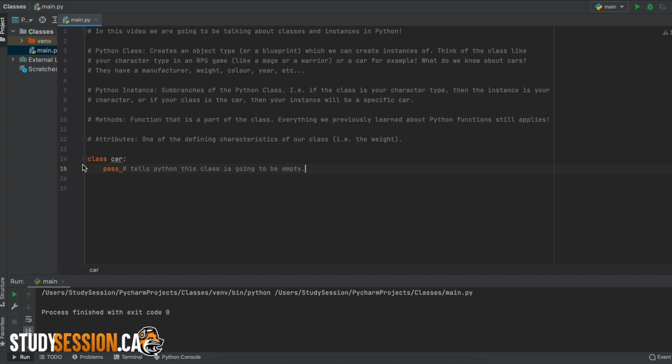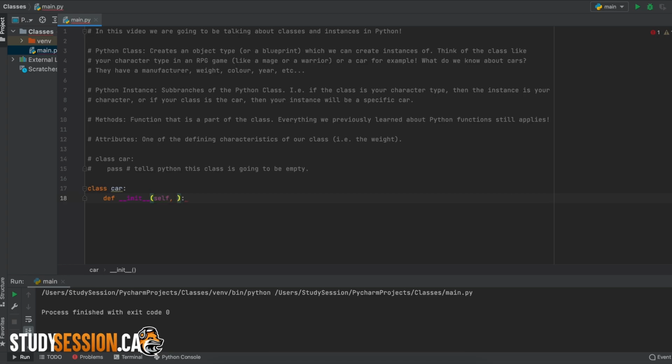However, an empty class with no attributes and methods isn't too exciting. So let's add in a few attributes and methods to our class. We do this by creating a method, which remember is a function within our Python class. So the method we use at the first here is called init, or initialize, if you will, and it has 2 underscores on either side. We also must add in a parameter here called self, which will take our future instance's name as an argument for this parameter. This will make more sense shortly if you're still a little bit confused on it.